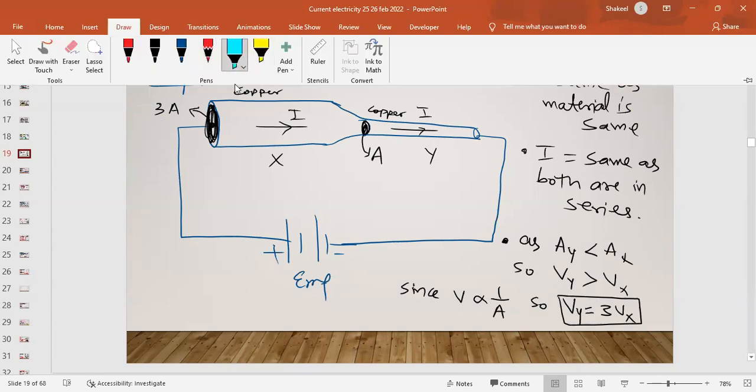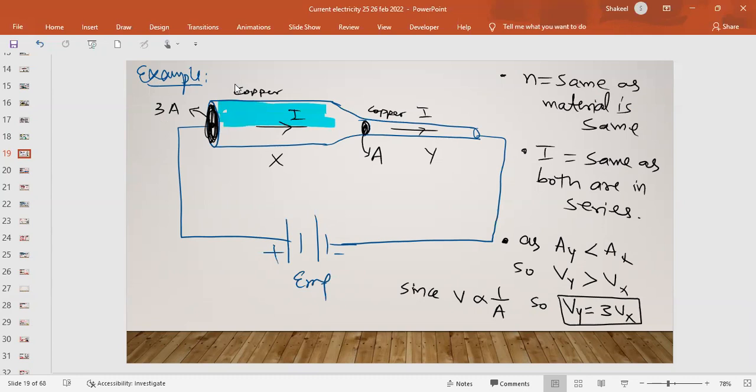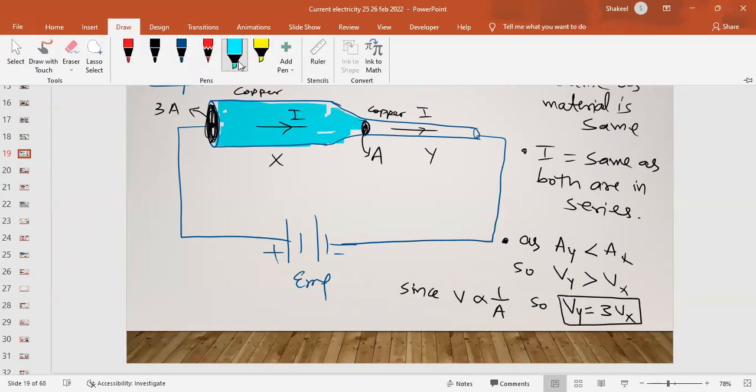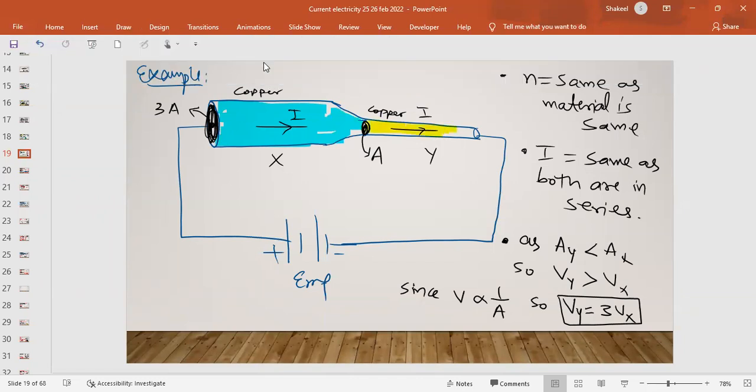Okay, let's say beta this is a copper conductor. यहाँ पे इसका क्रॉस सेक्शनल एरिया ज्यादा है, वाइडर है, और उसके बाद जब यही कॉपर कंडक्टर हम आगे लेके गए तो वहां उसका एरिया कम हो गया, राइट? बट दीज आर इन सीरीज, और एक बैटरी ईएमएफ ई के साथ उसको कनेक्टेड है, और लेट्स से यहाँ से इसका एरिया 3a है और यहाँ से इसका एरिया a है। तो जो ब्लू वाला है उसका एरिया 3a और जो आगे येलो वाला है उसका एरिया a।